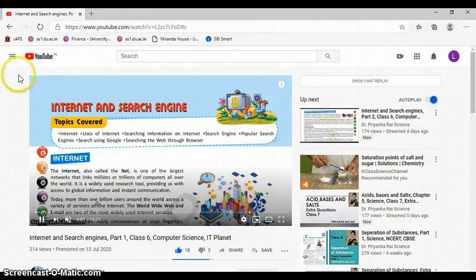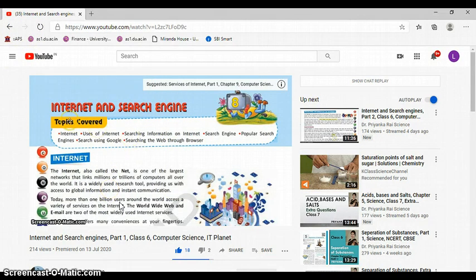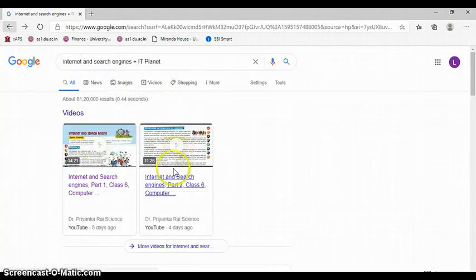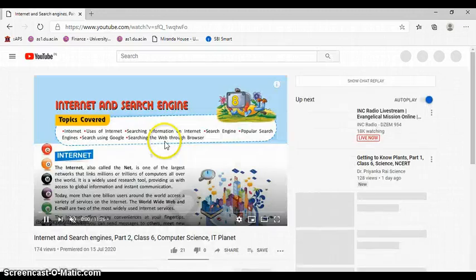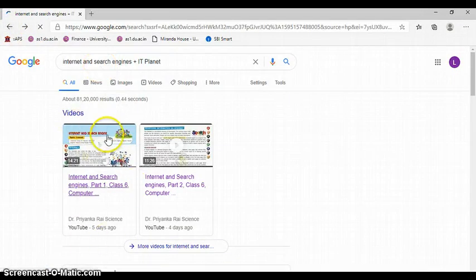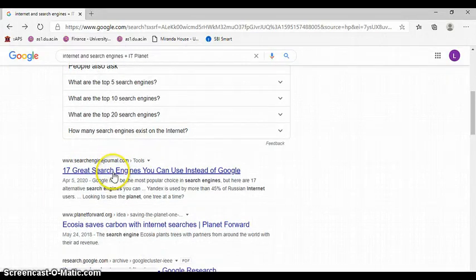They will open. If you don't like those videos, if you think they are not suitable for what you are searching for, or they don't match, then you just have to press the back button, and again it will open. You can click on another site, it will also open. If you don't like it, you can go back. Here it is mentioned that it is a video. There are sites also, so you can click on these sites, and this is the site.